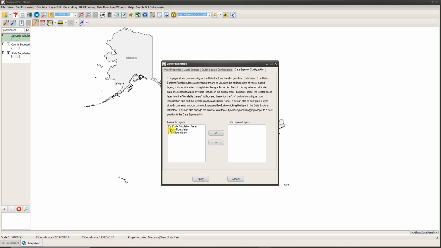So this would be all layers that has associated attribute data with it. And then any layers that's already been configured to display or graph their data on the data panel would show up under the Data Explorer Layers list box here. So I'm going to show you one more thing. I'm going to go ahead and cancel this dialog